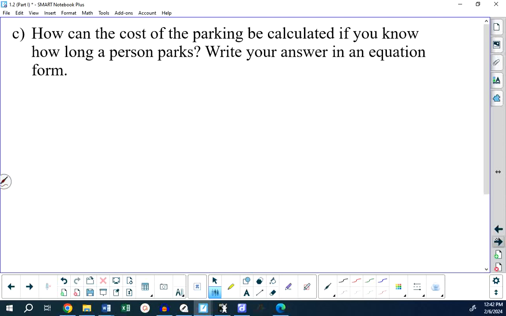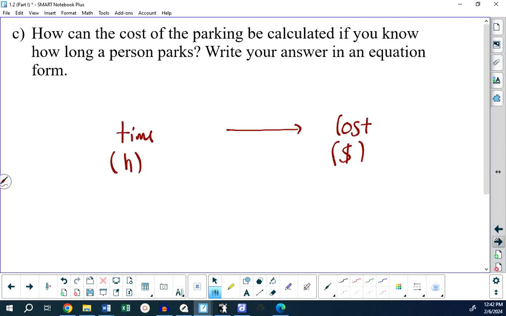How can the cost of the parking be calculated if you know how long the person parks? This is a new question, okay? What can you do to the time in hours to get the cost in dollars? This is a new question. We haven't talked about this yet. How many of you know what you would do to the number of hours to get how much you're going to pay? What are we going to do? The number of hours multiplied by